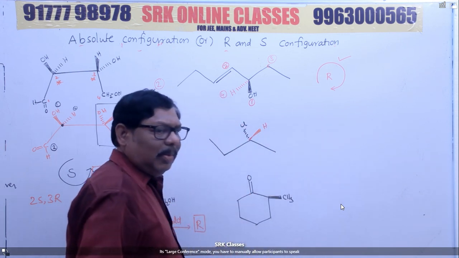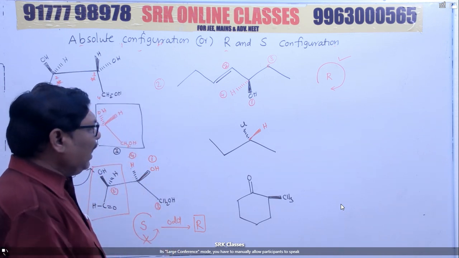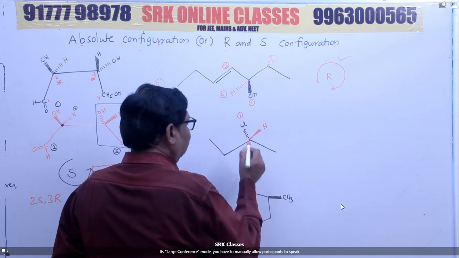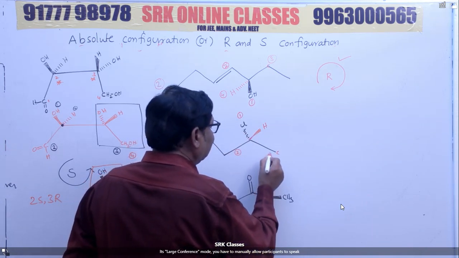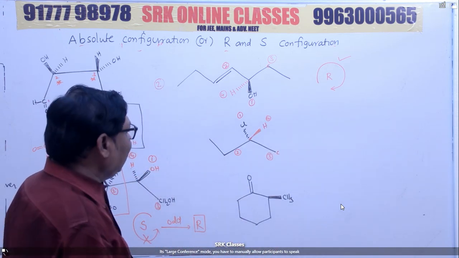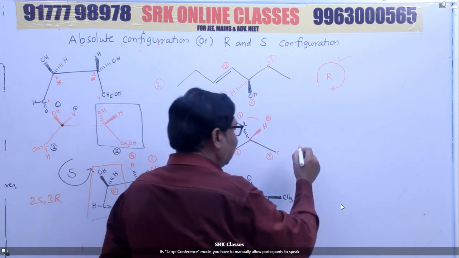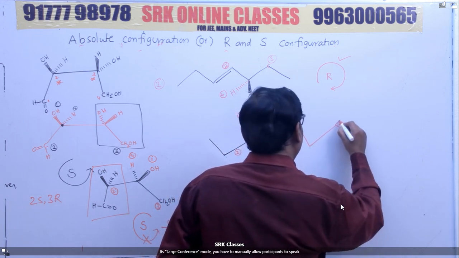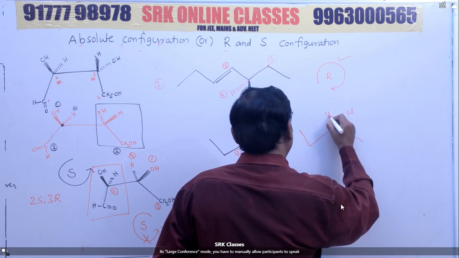Is it understood? Because wherever carbon is there, the valency of carbon must be 4. Write the priority. Chlorine, first priority. This is 1 carbon here, 2 carbons are there, second priority. This is 3rd priority, this is 4th priority. Once again, solid line, it should be interchanged, odd number of interchanges. Therefore, it will become this way. Now, solid wedge is chlorine, dotted line will be hydrogen.